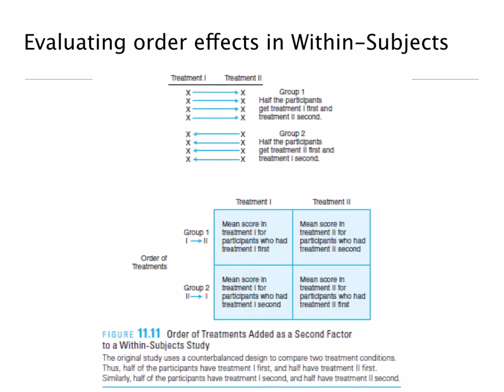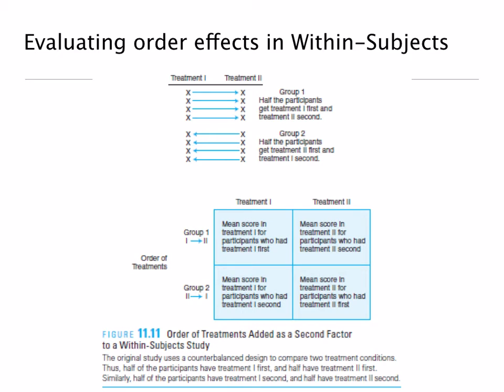We can also use factorial designs to evaluate order effects. Remember, order effect is when we have one condition preceding another condition, possibly causing a problem, somehow changing how the participants are responding in some way. And so an original study may have just done the counterbalancing, where half the people got treatment 1 followed by treatment 2,